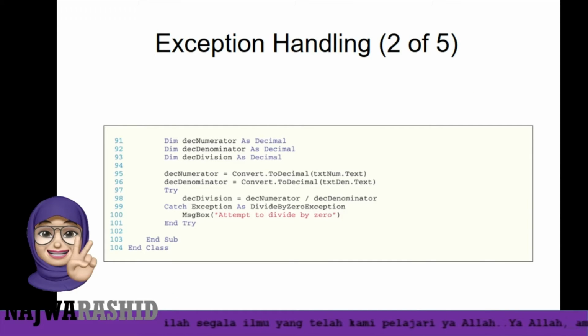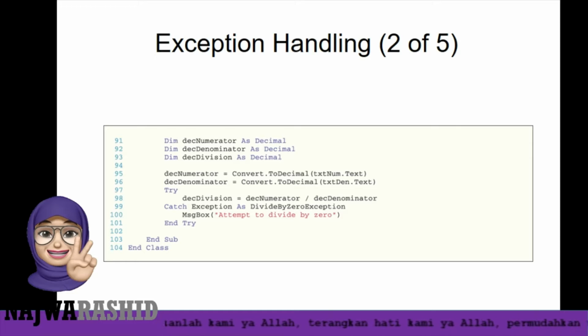Okay, this is an example of exception handling. We use exception handling for a divide by zero exception. Let's say for this example, we have declared 3 parameters, and those parameters are decimal: decimal numerator, decimal denominator, decimal division. So decimal numerator is equal to the value converted from the text box. For this example, we take the value from the text box, so you need to do a conversion to decimal because a text box contains string data. And after you assign the data into the decimal value,